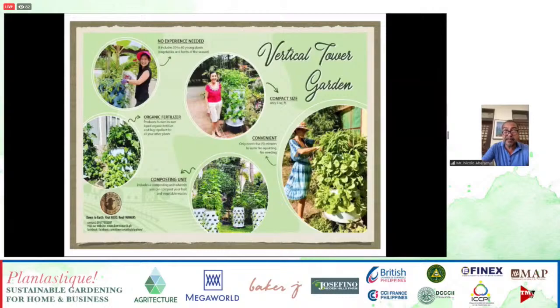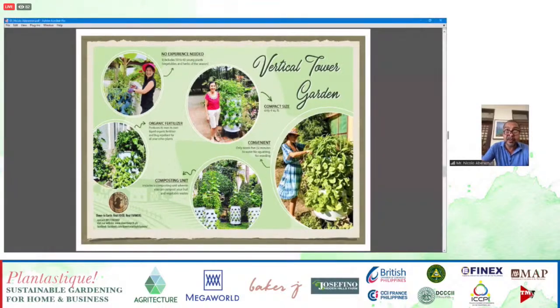So we also came up with something when we were doing workshops. We found out that a lot of the people who attended our workshops did not really have access to land. They only had space in their balcony, their front yard, and if they had a backyard, it was quite a small space. So we tried to come up with a compact system that also carries our technology, that also composts biodegradable waste. At the same time, it also produces its own seeds, in a very small 2 square feet of space. So we came up with this